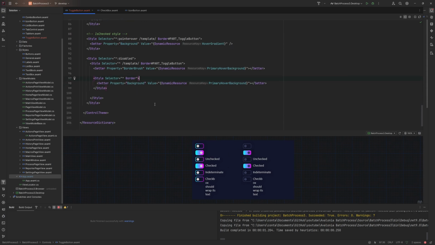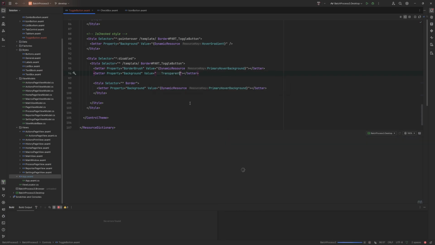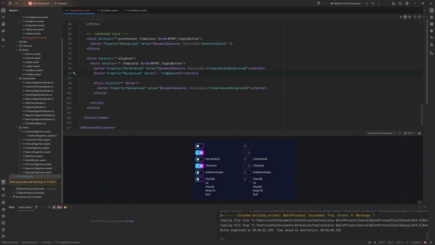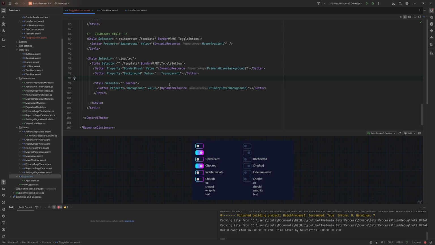And the final one will be the background as well, isn't it? So background, that's not what I want there. Transparent. No, we don't want to be transparent. Or we would, but when it's checked, it wants to be something different. So what did we do here? We kind of inverted the visual. So for unchecked, it's fine, but for checked,